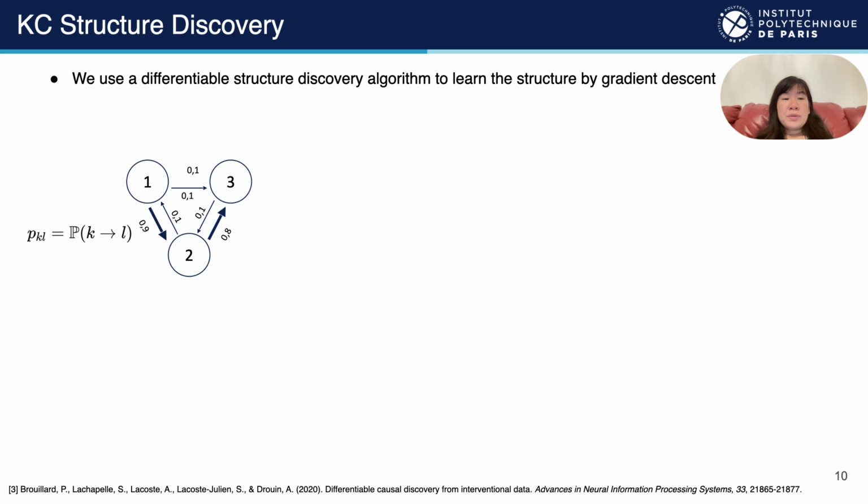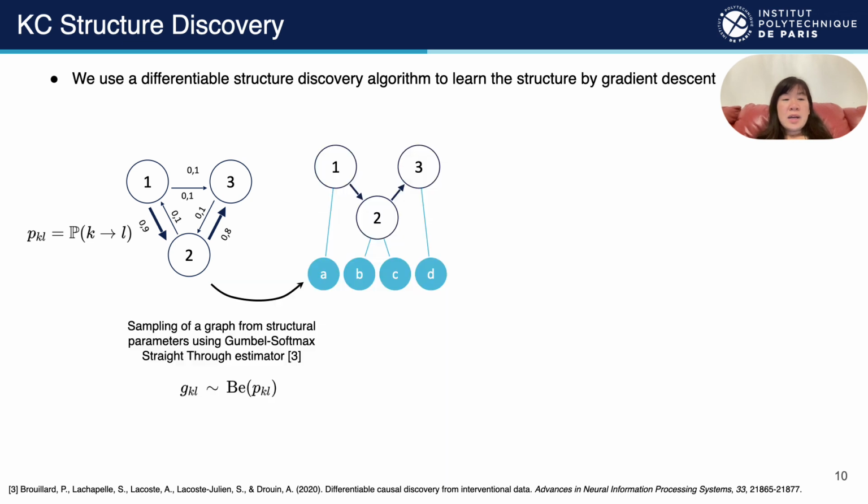So we first suppose that we have relationships that represent the probability that K is a prerequisite to L, K and L being each a knowledge component. And by sampling this graph from structured parameters using Gumbel softmax straight-through estimator, we obtain this graph here that is simplified. So we have removed a few connections,